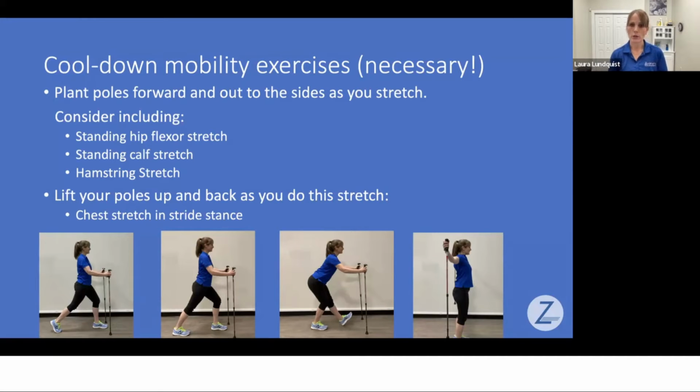The standing hip flexor stretch is the first one you see there on the left-hand side. So keeping the body nice and upright and just allowing those hips to push forward slightly. And then just a slight variation with the heel down would allow us to access the calf. And then that forward tilted or hip hinged position for the hamstring stretch. And then you can see there on the far right, just even lifting the poles up and out to the side can really help give you that wingspan, anterior chest or front chest lengthening position in order to be able to just open up through the chest, especially because, again, we're going to use those muscles to a certain extent as we're walking. We want to make sure that we just loosen them up once we get to the end of our walk or activity.